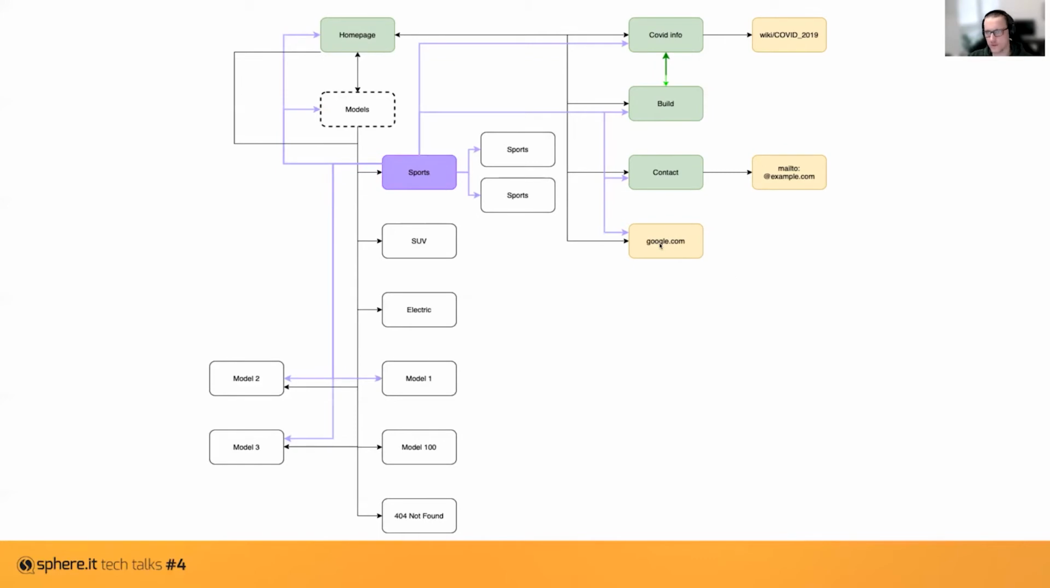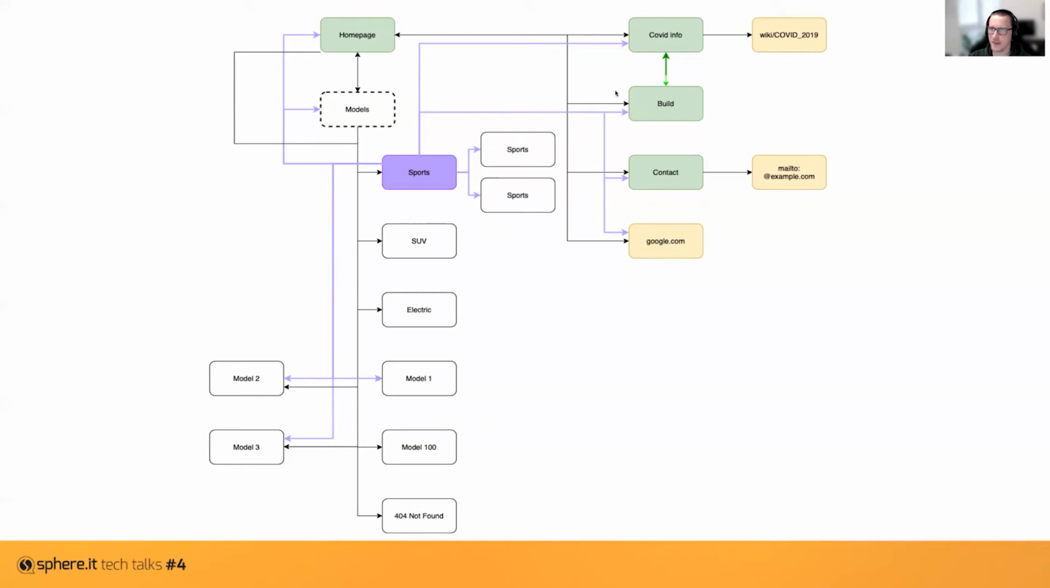Okay, so the next step would be to check the connections on each of the children of models. Starting with sports, we can see that sports has two child elements marked with the violet arrows, and also all the connections outgoing from sports are marked with the arrows. Sports has direct connections to homepage, to models, and model 2, model 1, model 3, and also to all